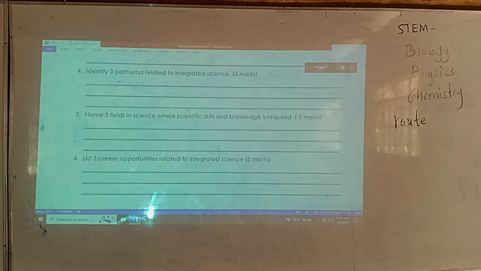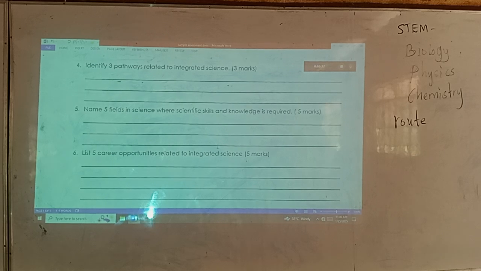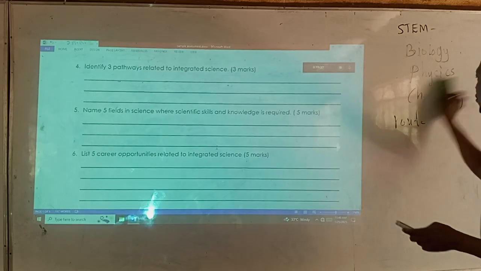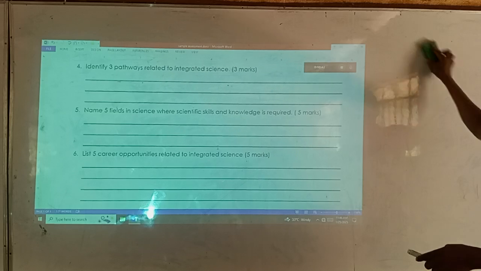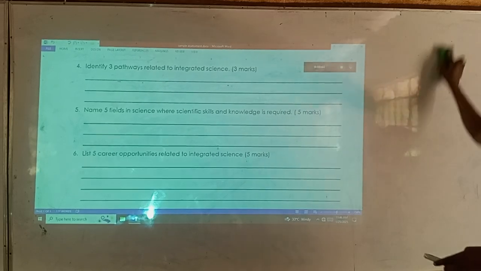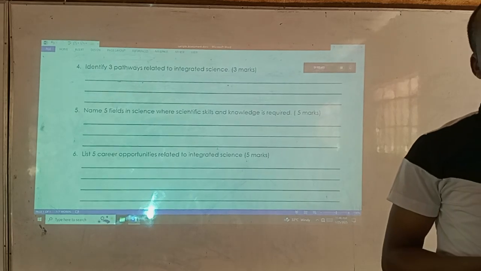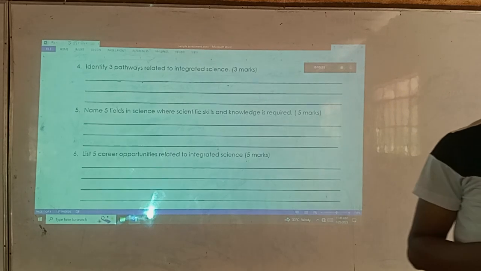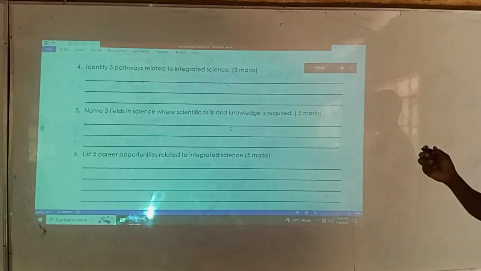Name 5 fields in science where scientific skills and knowledge is required. 5 fields. Which group will give us the answer which you have discussed, guided by your group leader? Yes, group 6. So the 5 fields, one of them is, yes,